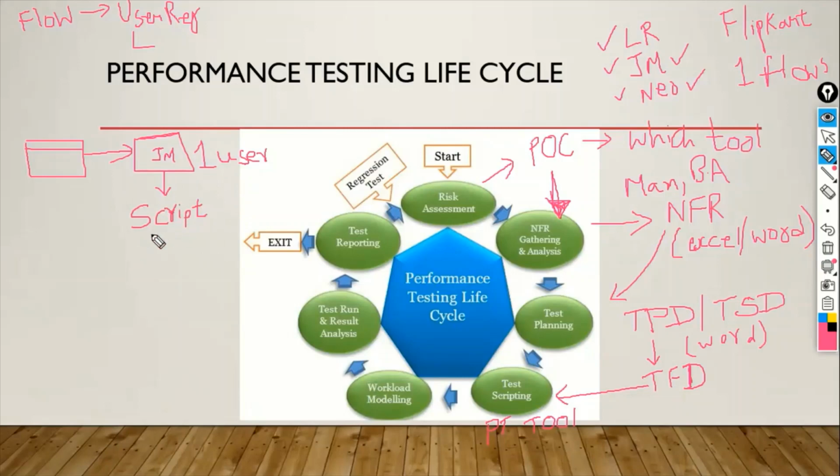Once the script is ready, then as a next step we are going to take help of the JMeter tool again, and in that we are going to have different elements. With the help of those elements, we'll do the script enhancement. So the next step after recording the script is script enhancement. What is the meaning of script enhancement? It is nothing but, see now,